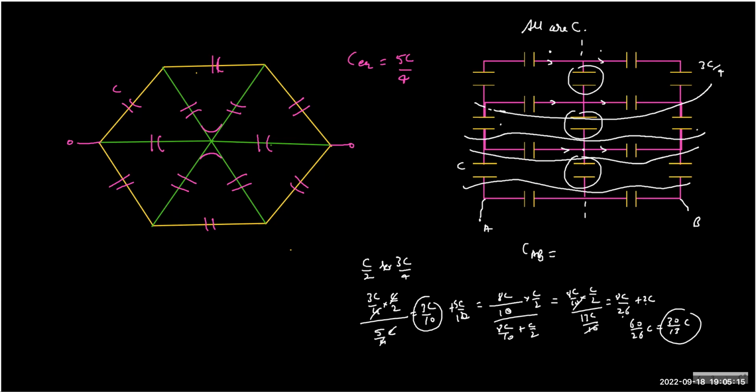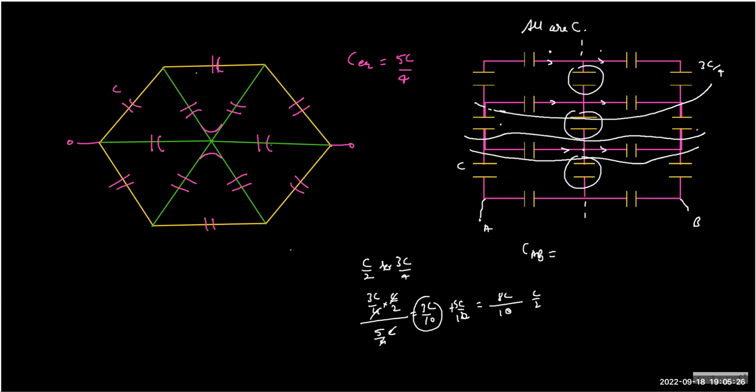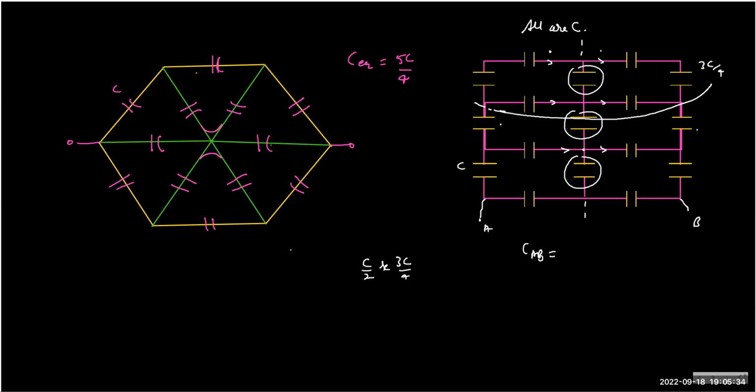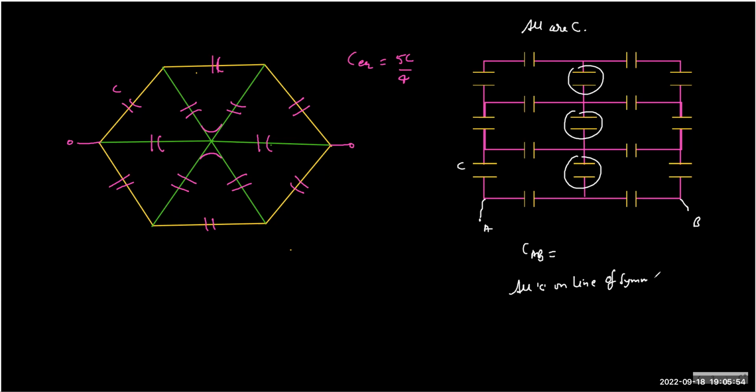So here the idea was simple. So you can see that on the line of symmetry, it will vanish. That's it. So you can redraw as either